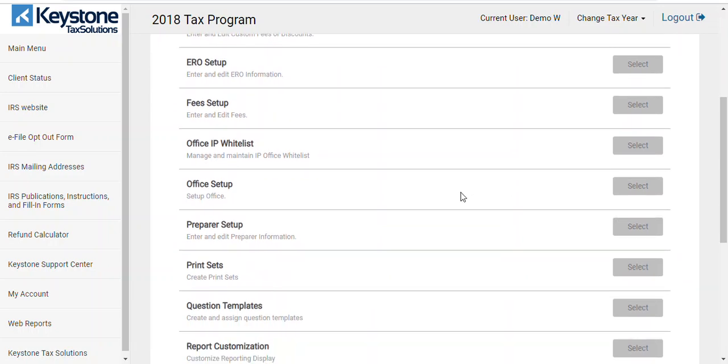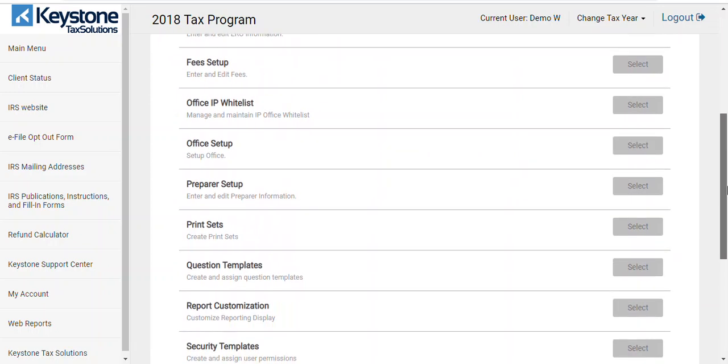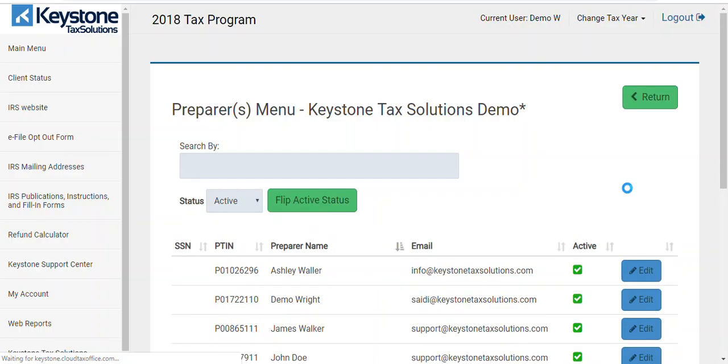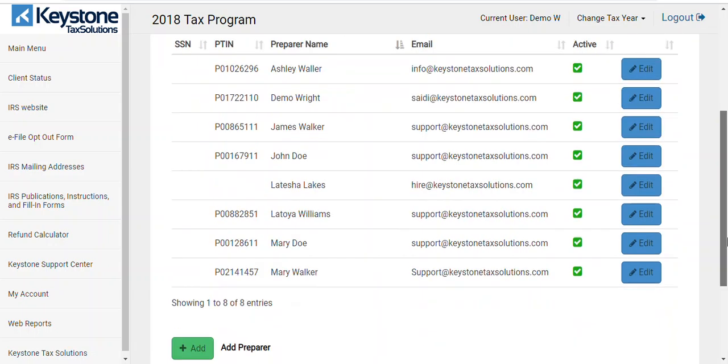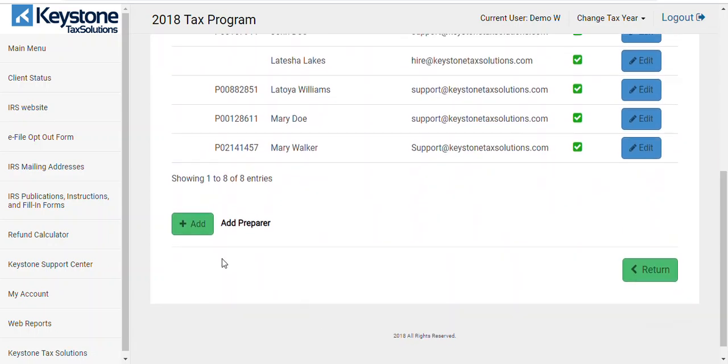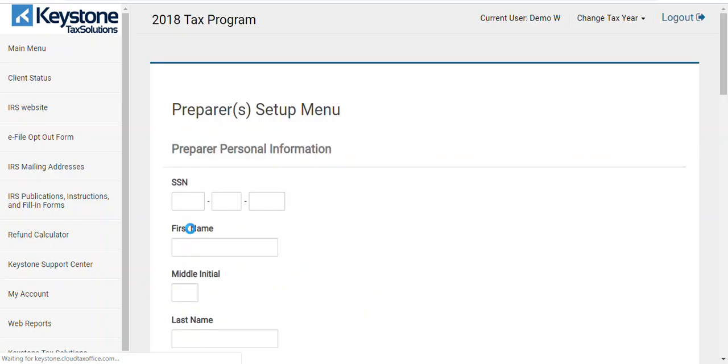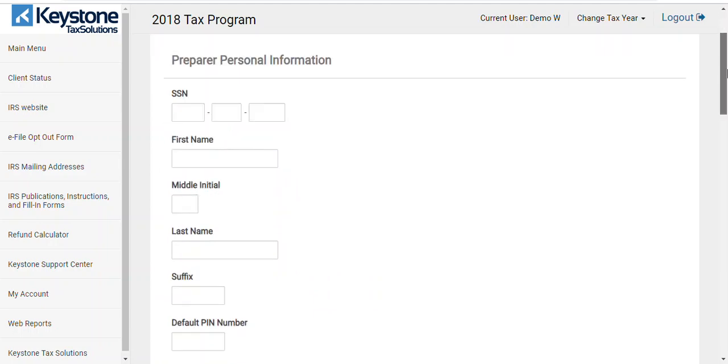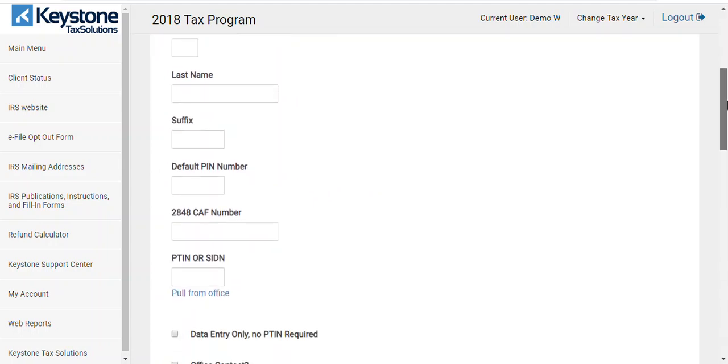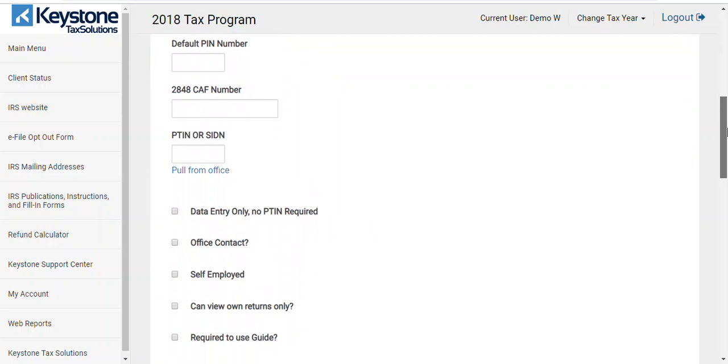Office setup, that's something for EROs. I won't go into that. EROs, you can go in and mess around in there and see how that works. Preparer setup. The EROs can do this as well. The EFIN holders have to give us a call. We set up your preparers, but it's pretty easy to set preparers up here. You don't need their social, but you put in their name, their PTIN in here,